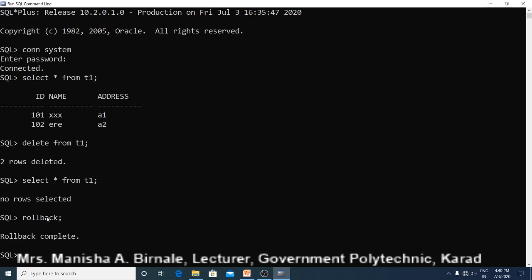Those changes are rolled back. Let us check it. Let us see the contents of table T1 once again. Now you can see that our table T1 contains two records. We have deleted those two records, but after that, due to rollback command, our table is restored to last committed state.